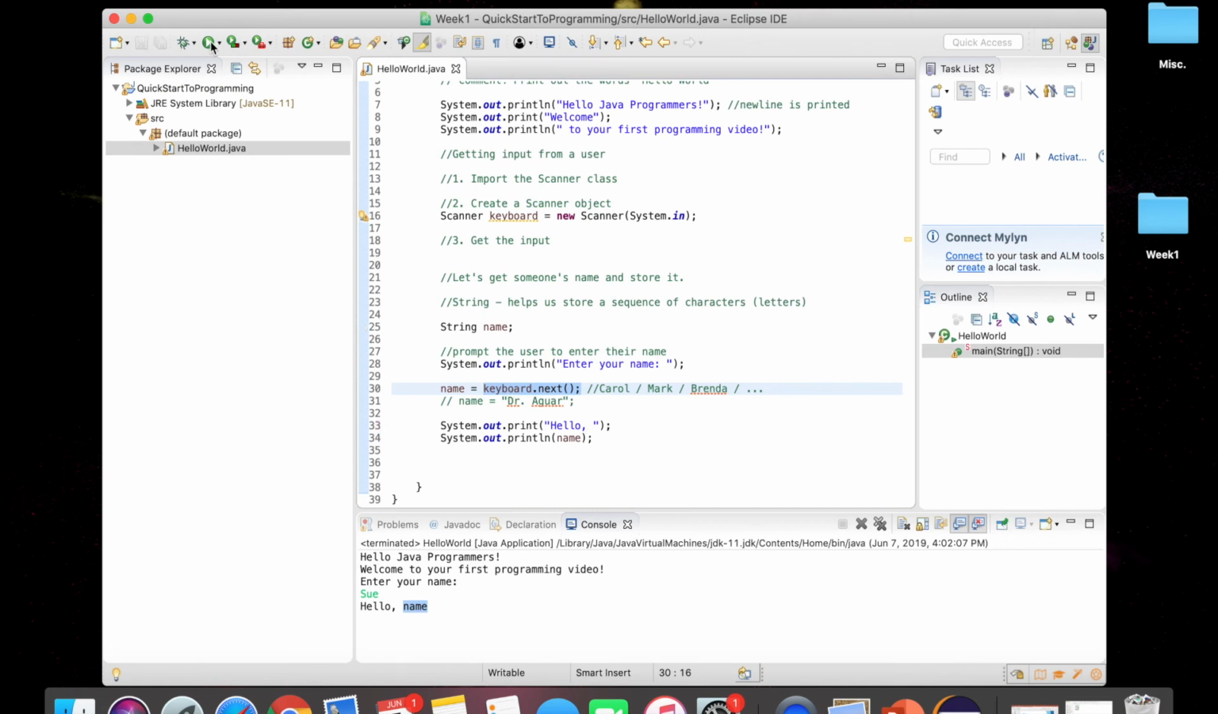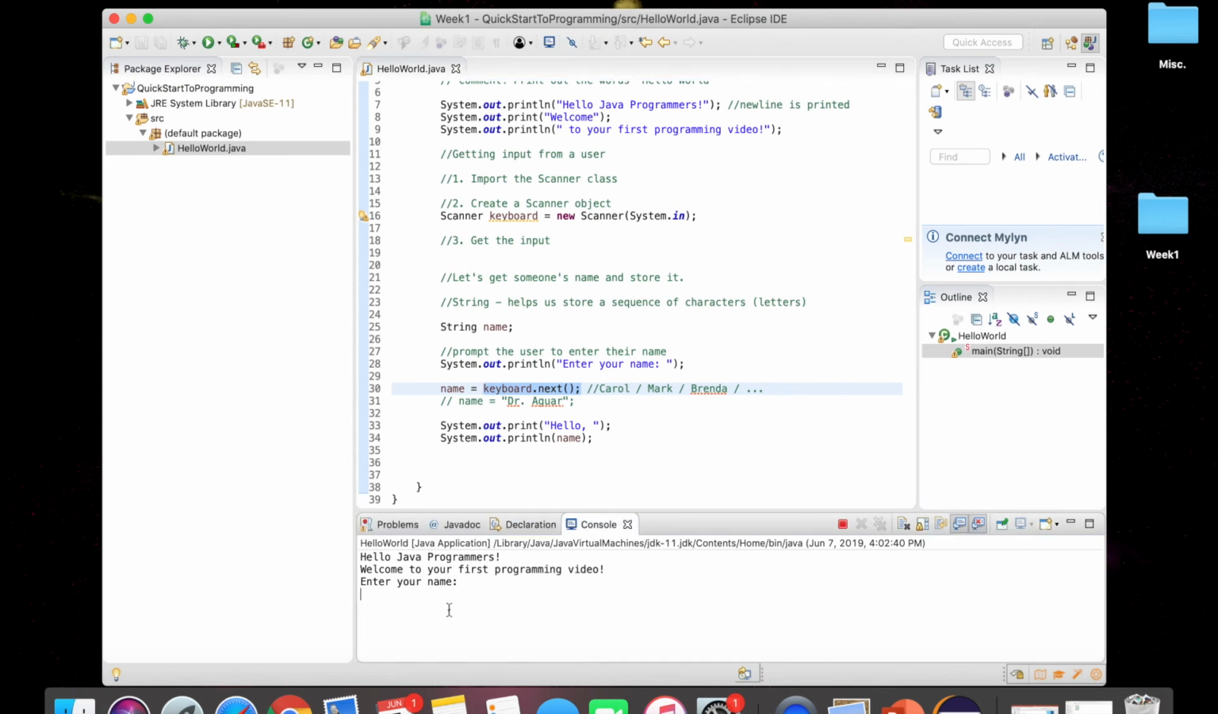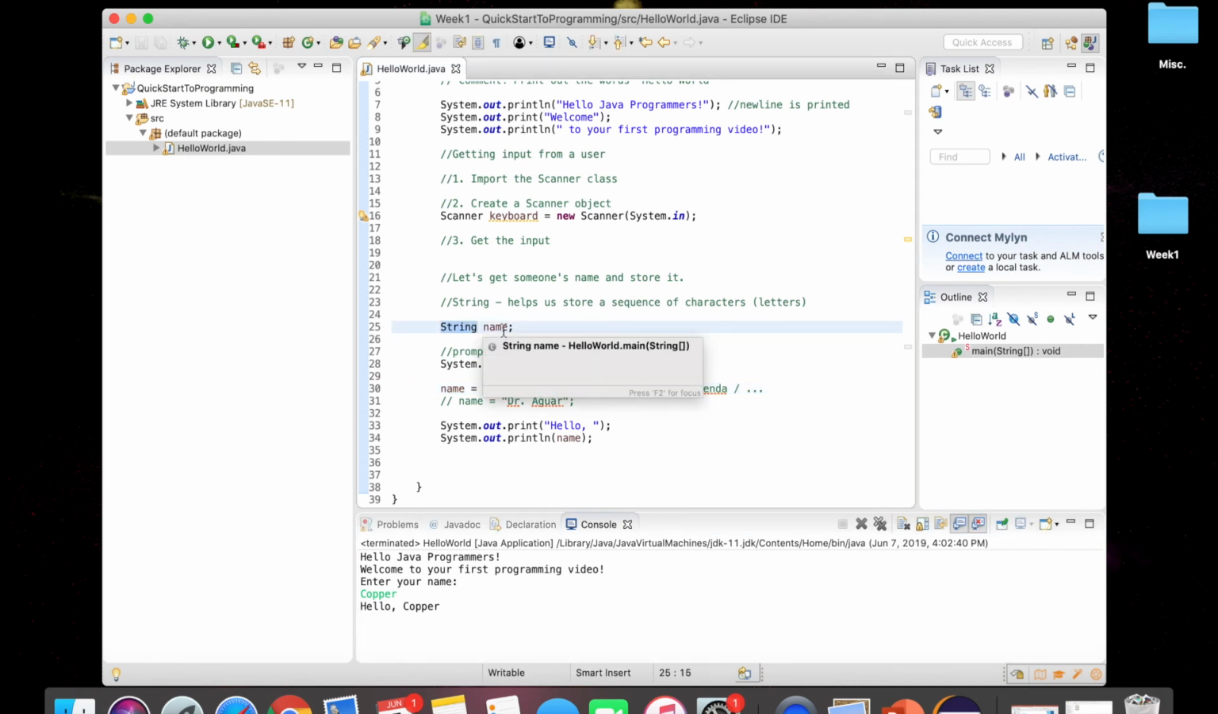So save it, run it. We'll use my dog's name. Copper, enter, hello Copper. So good job. This is input, output. You now know a little bit about strings, how to store a string of characters or